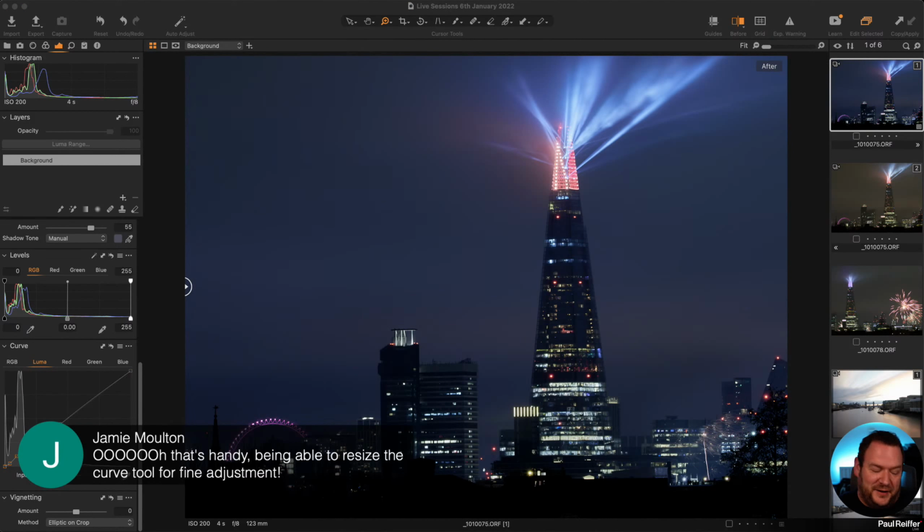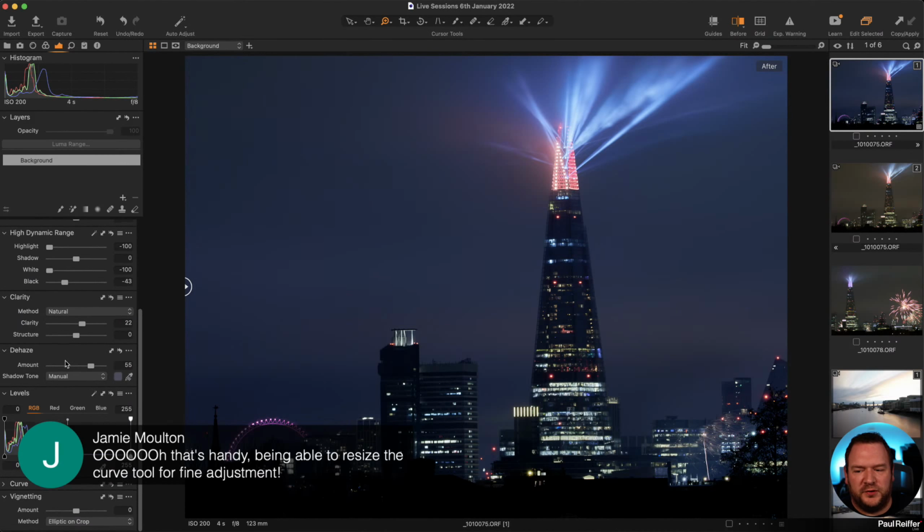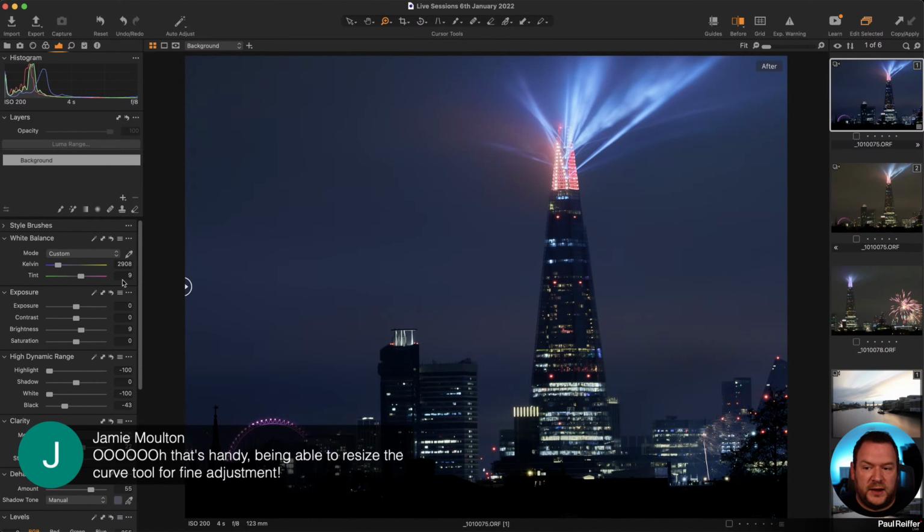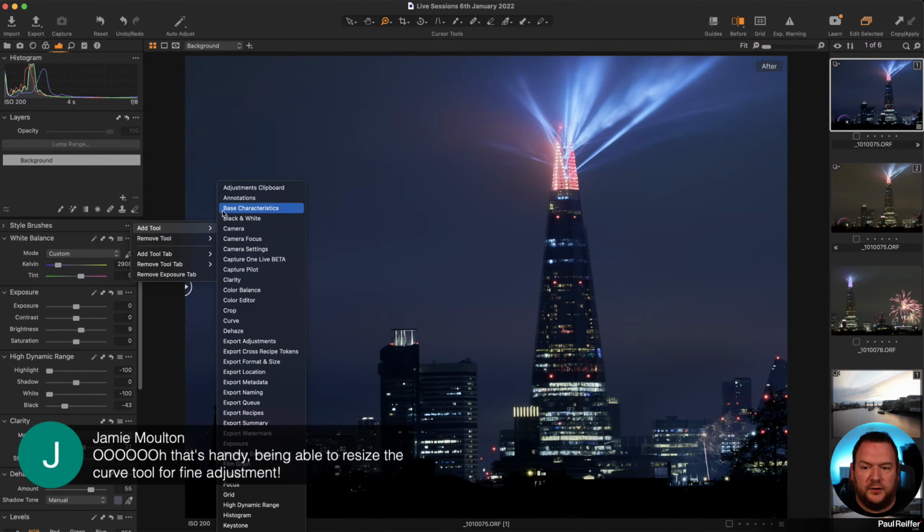Jamie, that's yes. Some of these tools need to be quite precise, obviously, so you wouldn't necessarily want to do a load of levels work when you're so zoomed out here. You can add the levels tool into one of these areas here, whichever tab you're on. You can just right click, add tool, and then we can pull levels or curves in.